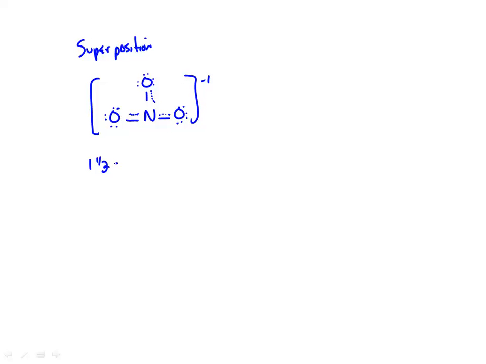Okay, so the idea is that all three models, if we draw the superposition, or basically if I think about all three happening at once, each of the oxygens is bonded by one nitrogen, and then each of them also has 1/3 of a bond. So all those bonds are equal. And if we think about the electrons around them, you really can't count electrons at this point. We're going to have octets around all of them. So it's more like each one is connected by, say, 1 1/3 of a bond